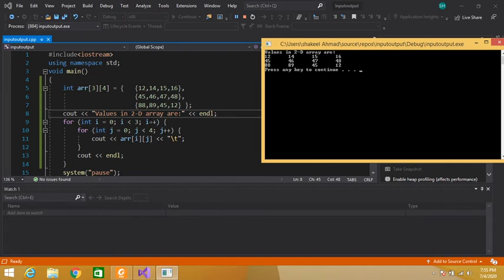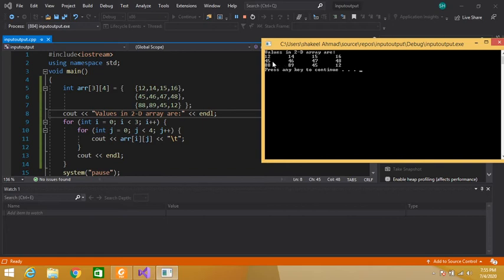So 0 plus 1, i becomes 1. 1 is less than 3, yes. So the control again comes here. In j is equal to 0, so j becomes 0. j is less than 4, 0 is less than 4, yes. Condition becomes true, so the control enters here and i contains 1, j contains 0, 1, 0. This is our first row and 0 column. So 45 is displayed here.